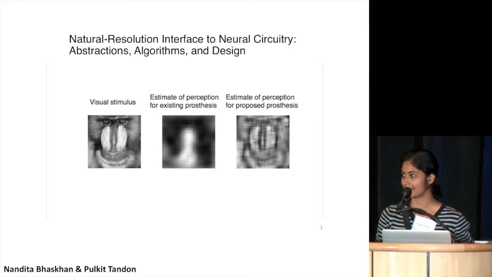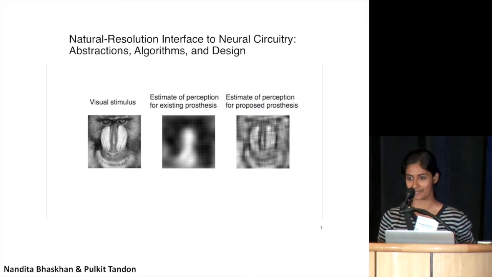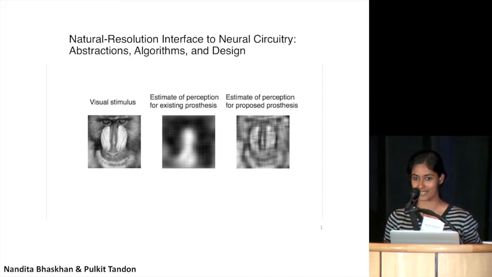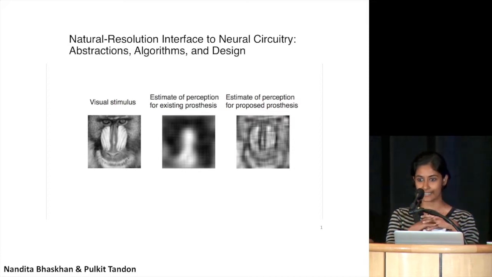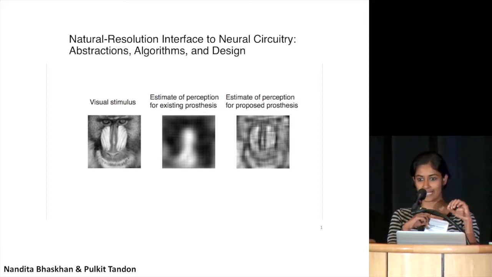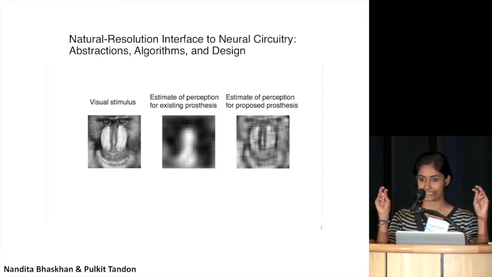Hi, everyone. I'm here to pitch my work on brain-machine interfaces and our group's work on brain-machine interfaces. As you know, Elon Musk is into this now. And we work on retinal prosthesis, where we try to provide artificial vision to people blinded by the loss of their light-sensitive, that is, the photoreceptor cells. Fortunately for us, the rest of the neurons in the neural pathway to the brain remain functionally intact. So what this means is that we can now go and electrically stimulate those cells, and if we know the retinal code, we can potentially make the brain see.